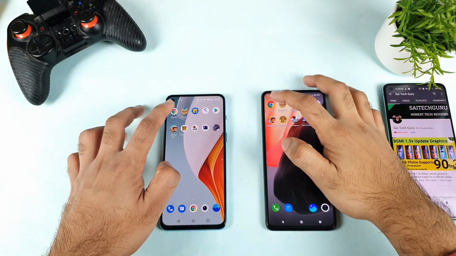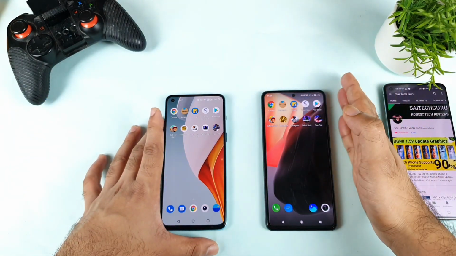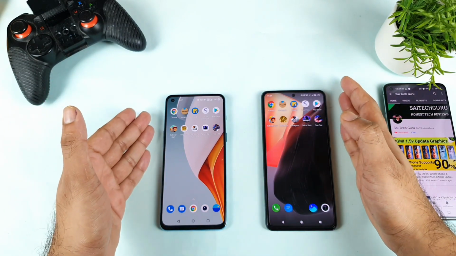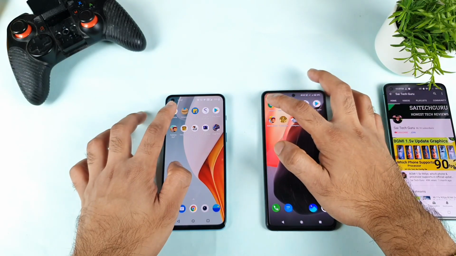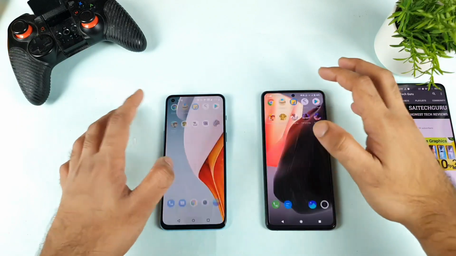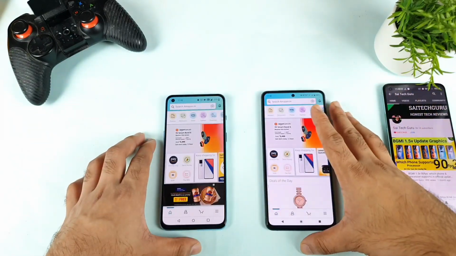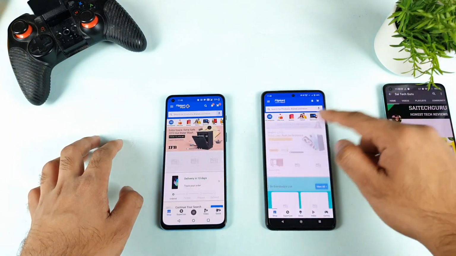Let's start with the first application, which is the Google Chrome application. And during this process, I'm trying to turn on the extended RAM capabilities. In this phone, there's a RAM boost option available in the settings, so I did turn on those options as well. So let's open the Google Chrome application first. 1, 2, 3. Not bad. Both phones did open slightly the same, and then the Amazon application and Flipkart application, first in the iQOO 7 device did